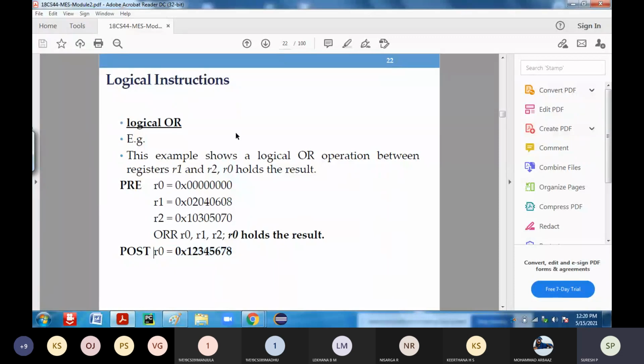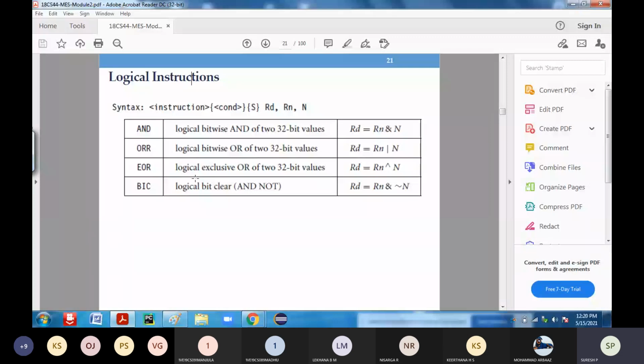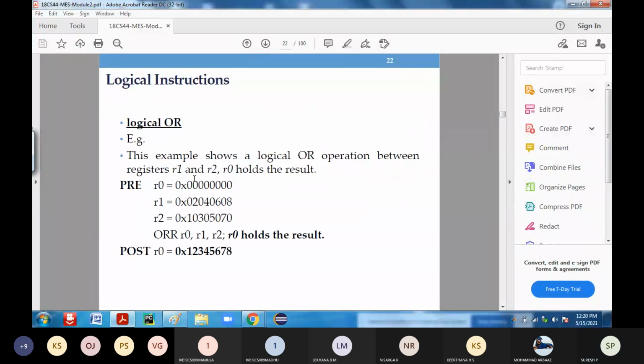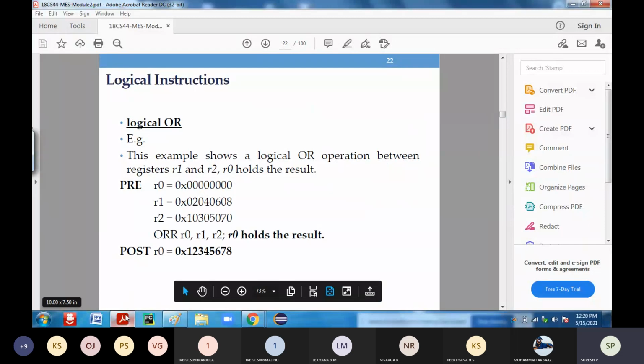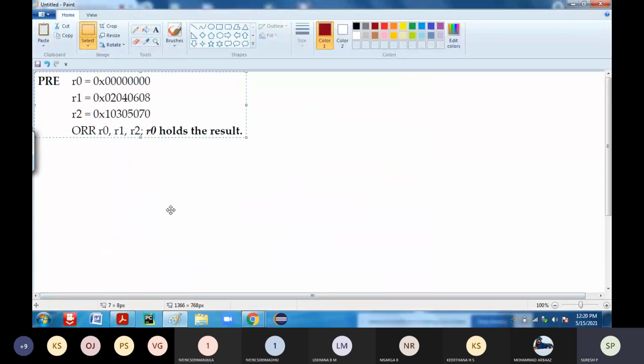So if you take the AND operation, so how it is going to work here, AND. So AND is the operation which you have to perform. Now if you want to perform the AND operation, Control F. So now I will take this one, we will remove it. Instead of ORR, you perform the AND operation. So instead of that, I am going to make use of the AND operation: AND R0, R1, R2.